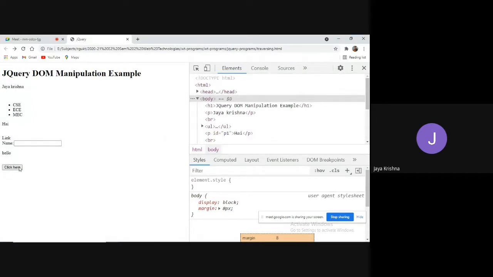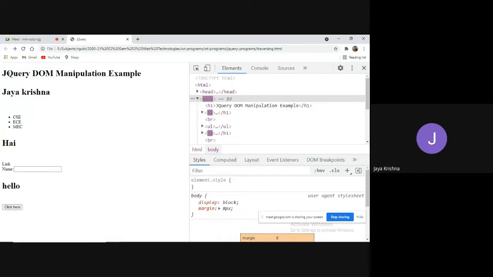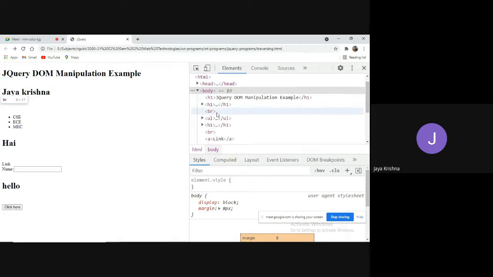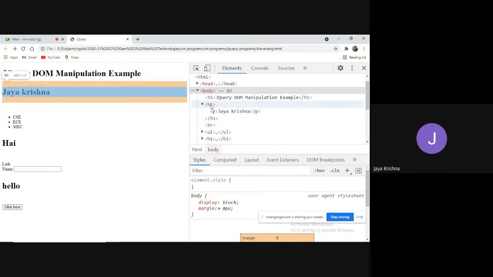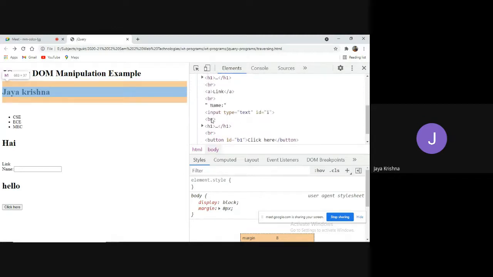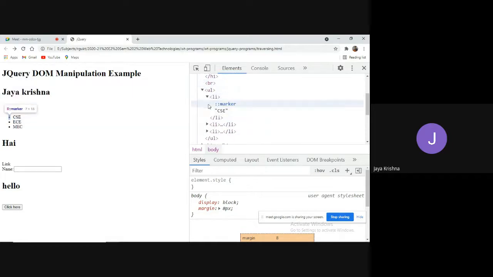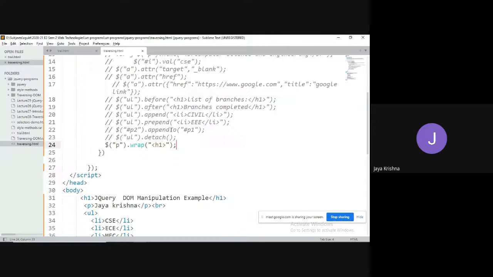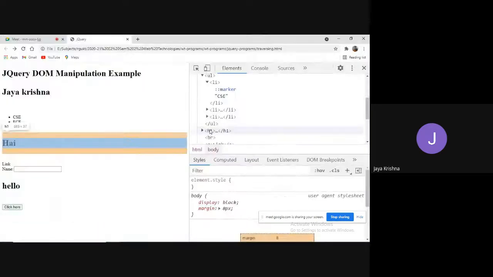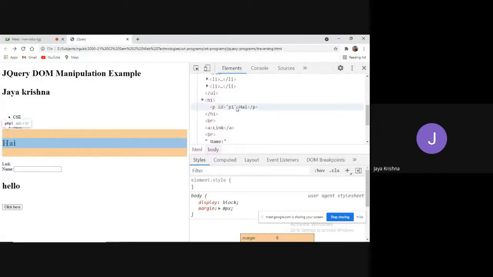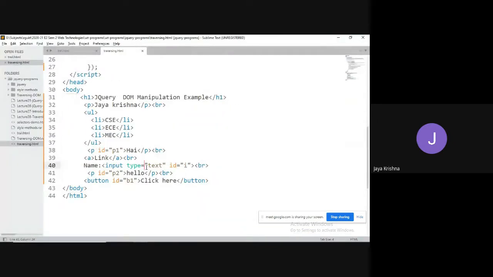I have written code in such a way that whenever I click, it will be performed. Click here, automatically Jay Krishna will be in the h1 size, hi will be in the h1 size, hello will be in the h1 size. Observe, every paragraph element is wrapped with the h1 content. Hi will be after the other list. Yes, for this also wrapping. So that is the advantage of wrap. So if you would like to add some code at a single instance of time for multiple kinds of